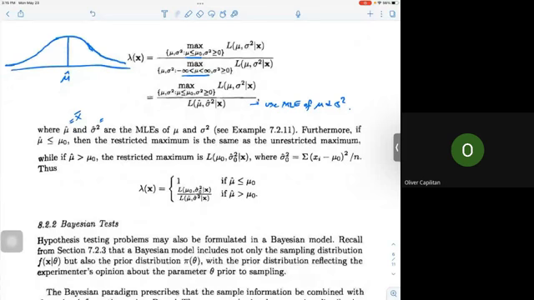So, from here, pwede natin diretso dito. Lambda of the sample x. Okay, this would be equal to